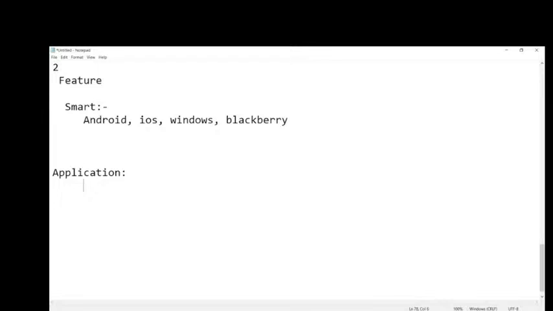Anyone? In simple words, an application is nothing but something that can reduce human effort. How can it reduce human effort? Let us consider that in my mobile there are no contacts. Hardly can you remember 20, 30 contacts, maybe 50 if you are a genius, but more than that you cannot.